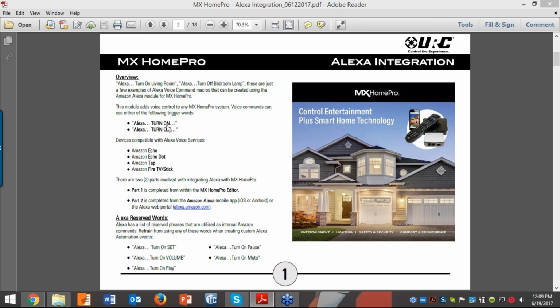So let's say your first room in the MX Home Pro editor is the living room. You'll program your Alexa voice service commands for the living room while you're in the living room. Now, what you want to keep in mind is that while you're programming the living room and you're setting up your Alexa voice service command, you will not be able to get to devices that are in another room. You won't be able to access those devices until you switch the MX Home Pro editor to program that specific